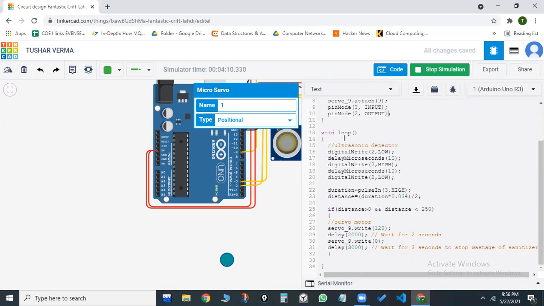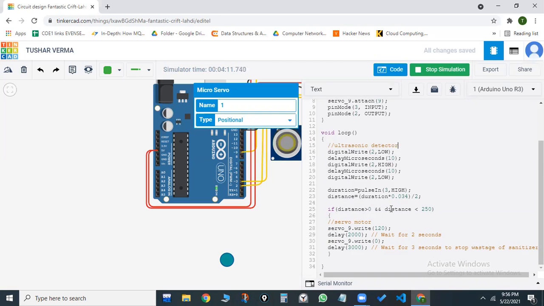I'd like to talk about the void loop part now. The first batch of code that you're seeing is used for the ultrasonic detector. It helps in detecting whether the human hand is present in the range or not.